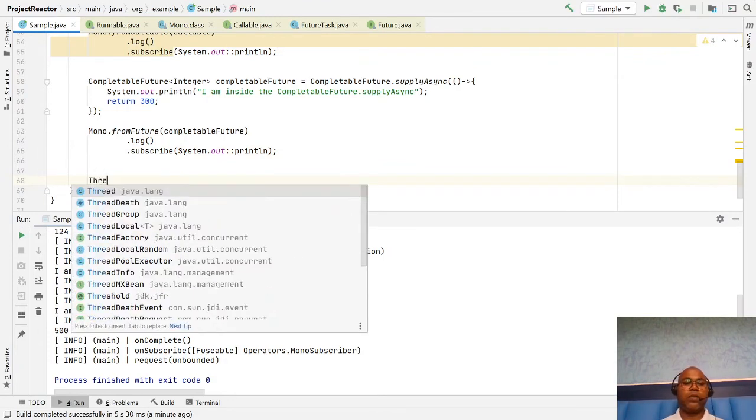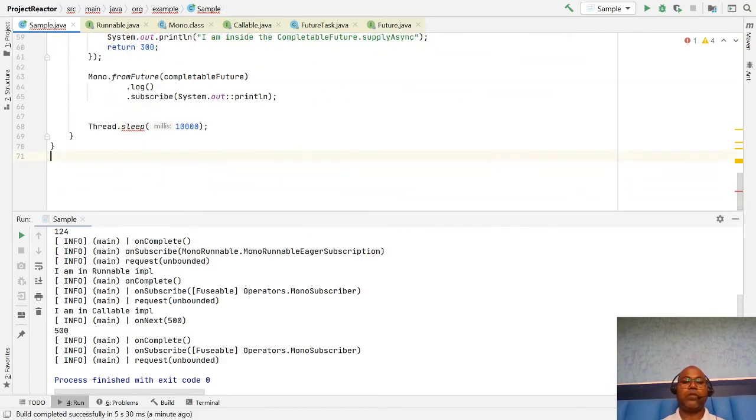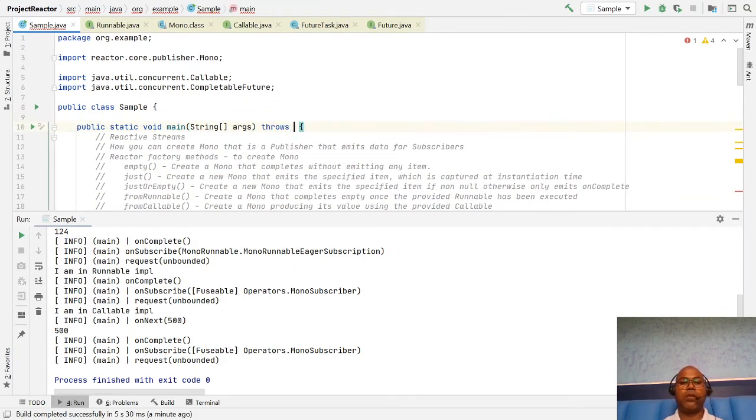Let's keep a Thread.sleep for some time. Sleep for some time, and it wants to throw some exception. I'm just throwing that exception, and the method will handle it. And now if I run it,